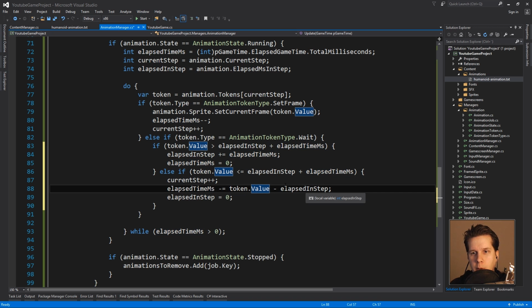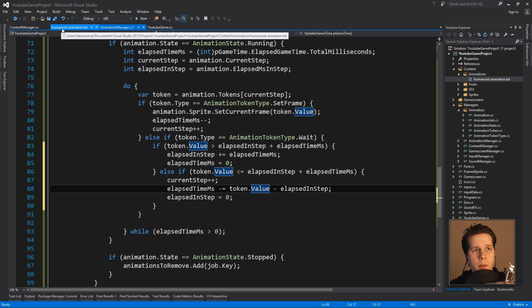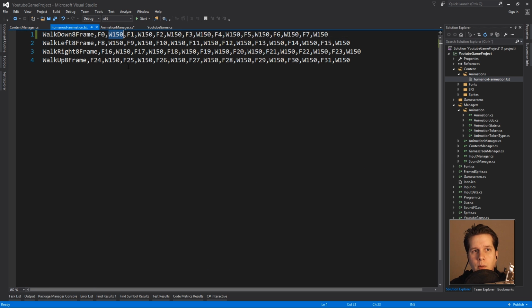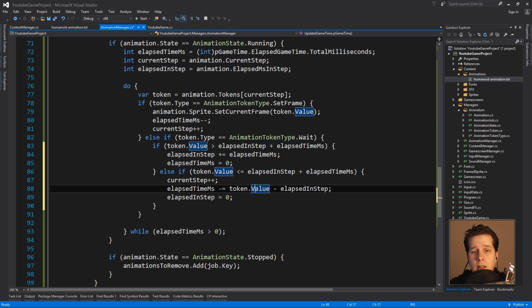So if our elapsed time in this step plus the time that we have currently is say, we had waited 140 milliseconds, and now we add 15 more, we'll have 155, which is 5 more. So we literally want to keep 5 milliseconds in the next step. To remember, we've already waited 5 milliseconds, by the way, in this next step, which will be this set frame one,